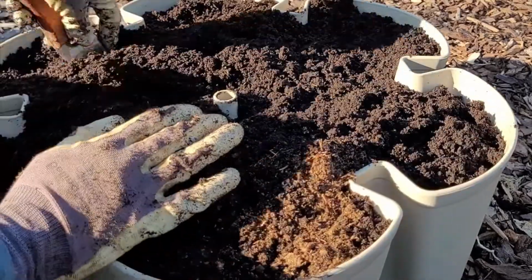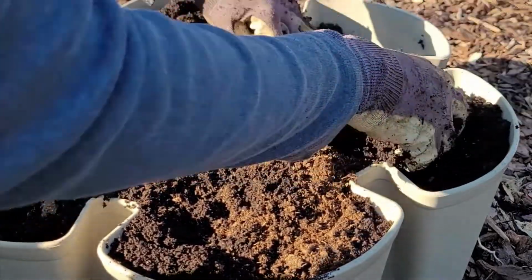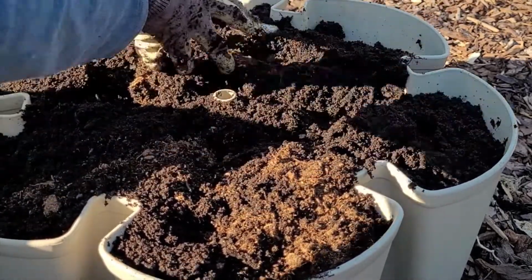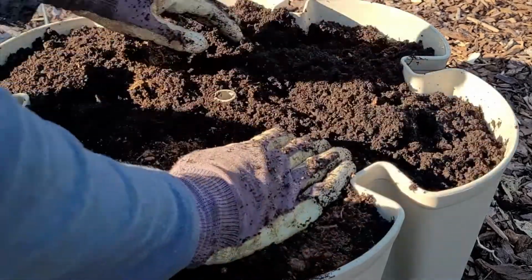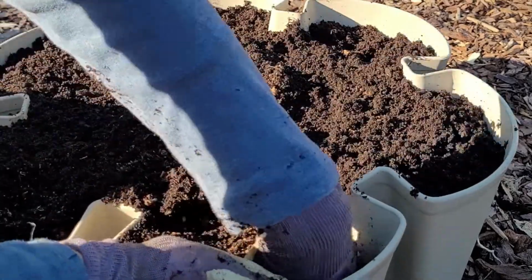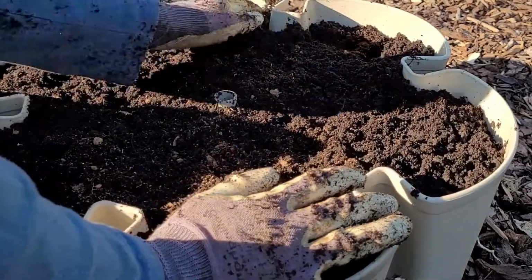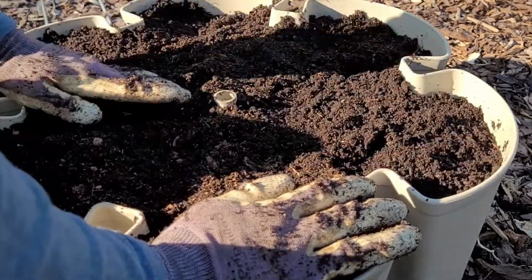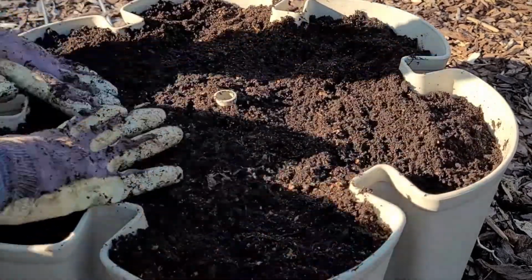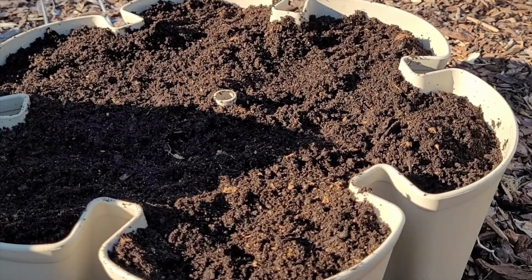When you're planting in containers, you want a little bit more lightness, and that's what the peat gives here. And that also helps hold on to water. And that's what you really need in a container. You don't want a container that's gonna lose water too quickly, because that will cause other problems. All right, now